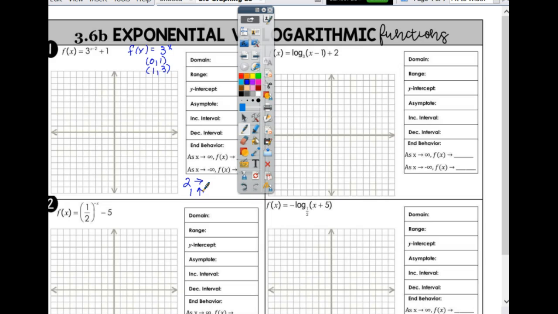And which way does the asymptote go? Is it this way or this way? Okay, this way is log, this way is exponential. So this way is where it starts, and the 1 up would move it up 1, right? So these are the exponentials. This is the one you're going to follow. So this moved it up 1. If I have 0, 1, that starts right here. And if I move it 2 and up 1, there's my point. The point would be 1 and 3. So if I move it over 2 and up 1,